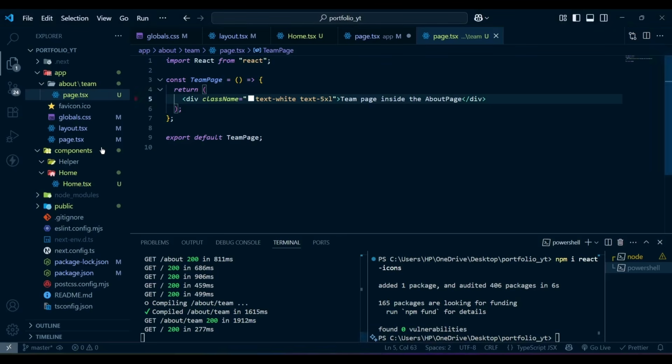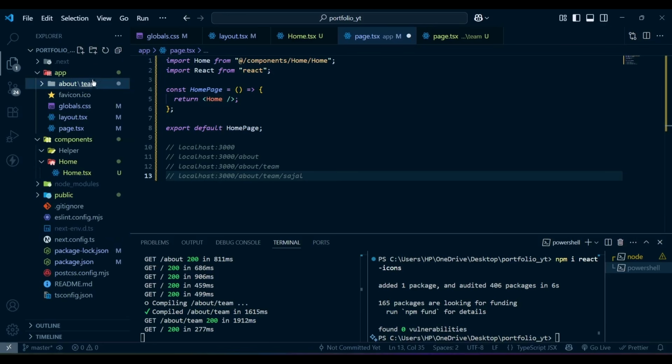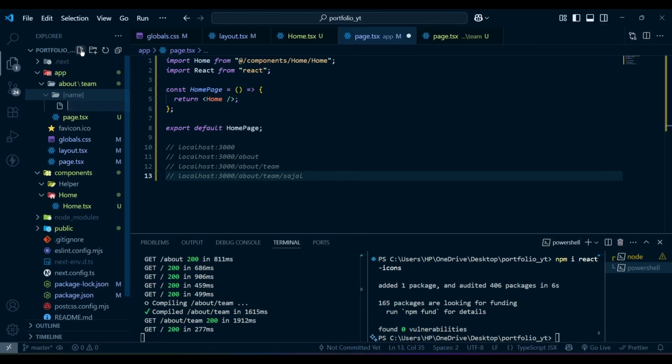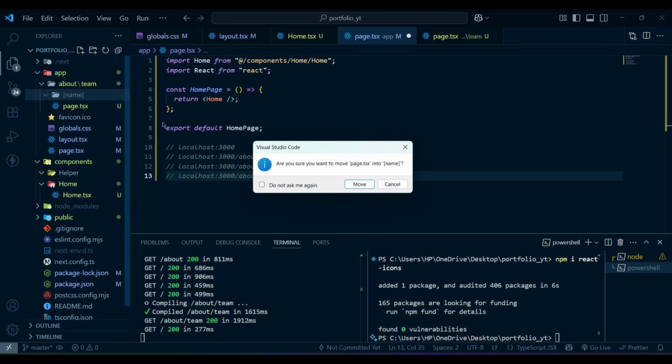Next, if you want to create a dynamic routing where the end part can be anything, any member of your team, what you need to do is inside this team create this square bracket syntax, and inside this you have to pass name, because we are expecting to have a name at the end, like the team member. So I'm going to use name. Then inside this you need to create page.tsx. So I'm going to copy this page.tsx here,